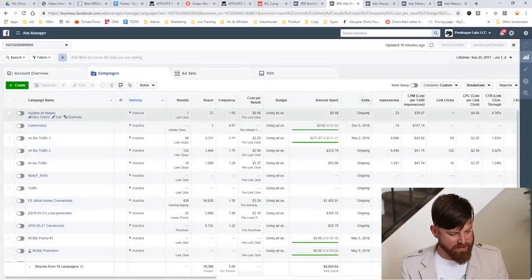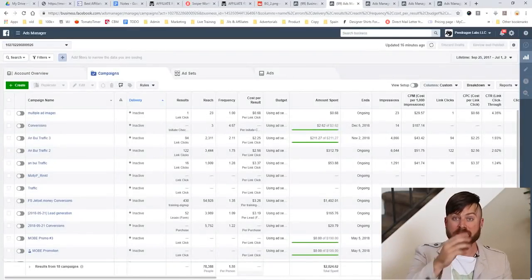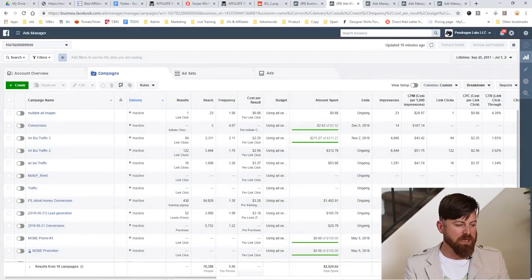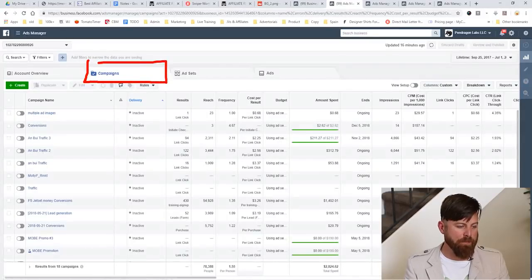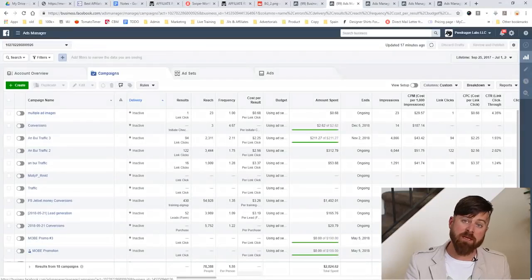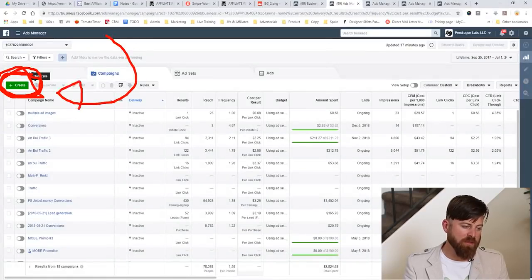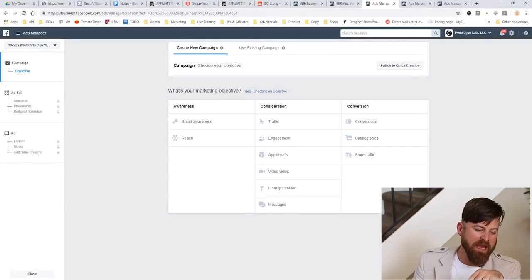look at the ads. So here we are in one of my Facebook ads accounts, and you'll see it's separated by those three main setups that are structural elements that I said: campaigns, ad sets, and ads. Okay, you can do an account overview as well, but we're going to focus on this. Now, to get started advertising on Facebook, you need to go into this big green button, very visible, that says Create. Okay, so we go there. And here you'll be taken to a screen where you can create ads.